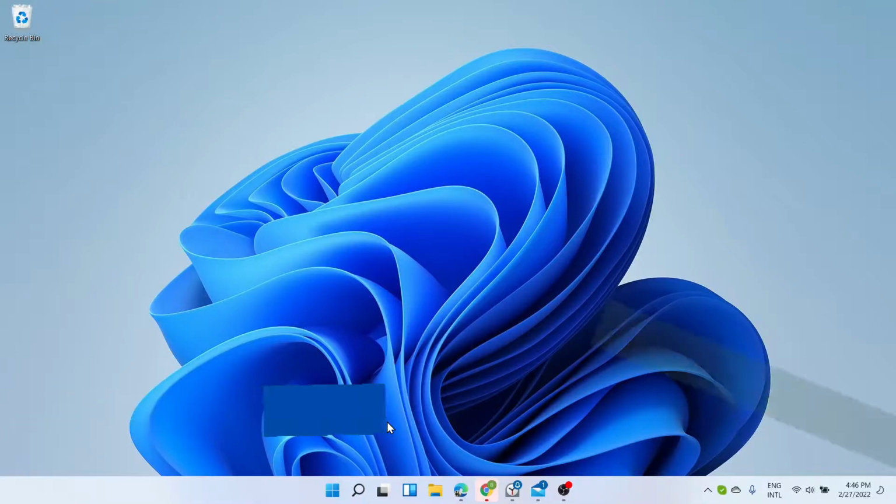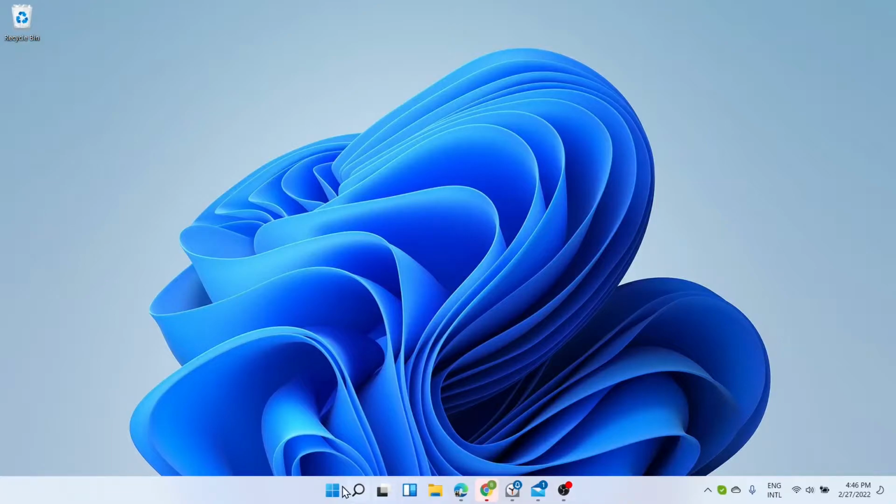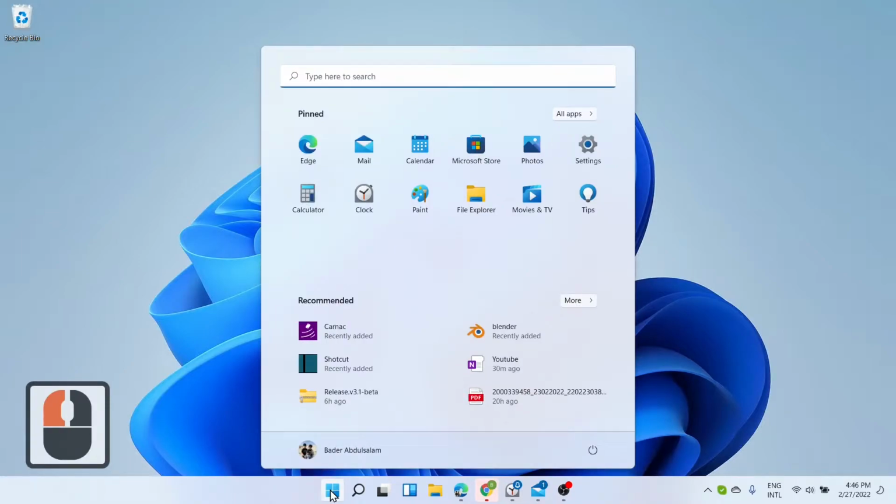First, how to pin an app to the taskbar. Pin an app directly to the taskbar for quick access when you're on the desktop. Or unpin it, if you want. You can do it from Start or the Jump list, which is a list of shortcuts to recently opened files, folders, and websites. Pin an app from Start.